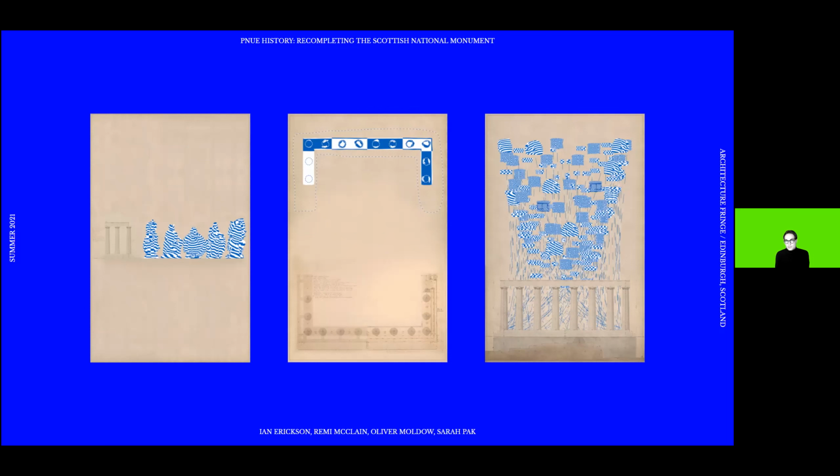The Fringe Festival in Edinburgh is an extremely long-standing festival. It's the equivalent to Lollapalooza in the US. And over the past few years, they've had an architecture component. What we proposed was an augmented reality installation atop Calton Hill, a big hill littered with monuments at the top and center of the city, specifically addressing the history of the Scottish National Monument, which is bizarrely an incomplete fragment of the ancient Greek